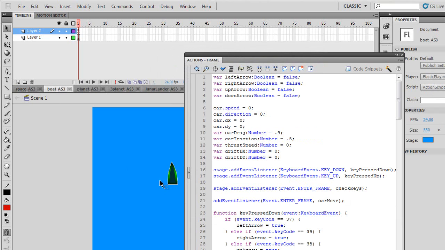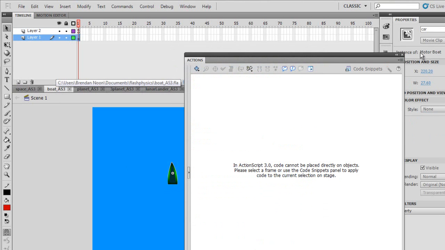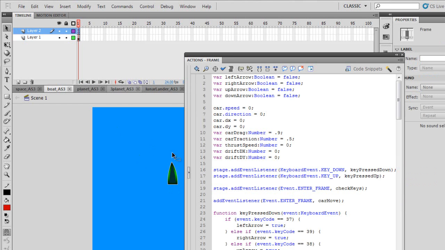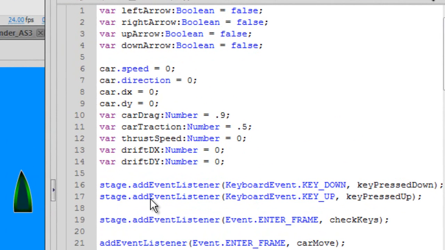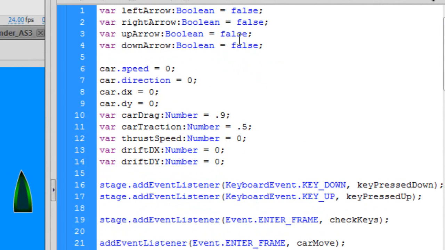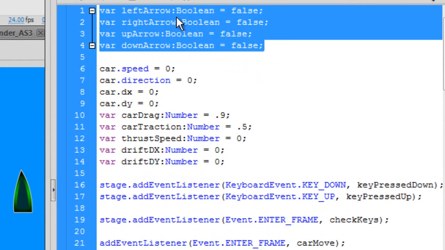Now the next one is a boat. It's labeled car, I know, but it's a boat, and it's going to simulate a boat in water. I named this movie clip car. Even though it's a boat, I ran some of the old code. I copied it from the first physics video where we had a car scene, and you can see we have all the same code